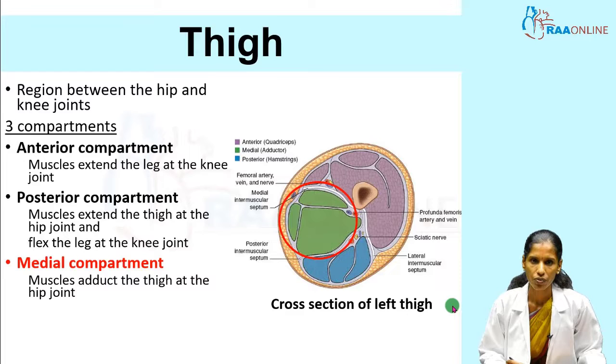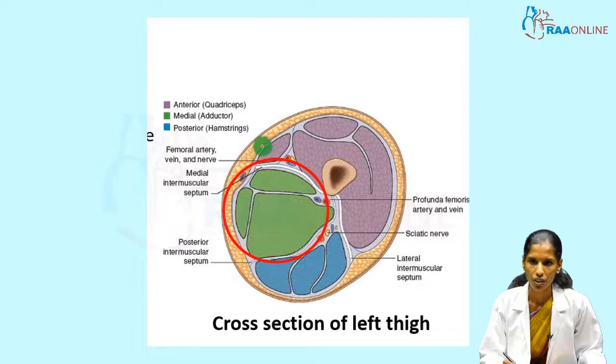We'll start with the introduction of thigh. The thigh is the region present between the hip and knee joint. The thigh is divided into three compartments. Here you can see the skin and beneath that the superficial fascia. Underneath the superficial fascia you can see the deep fascia. The modifications of the deep fascia are the medial intramuscular septum, this is the lateral intramuscular septum, and this is the posterior intramuscular septum. These three intramuscular septa divide the thigh into three compartments, namely the anterior compartment, this is the posterior compartment and this